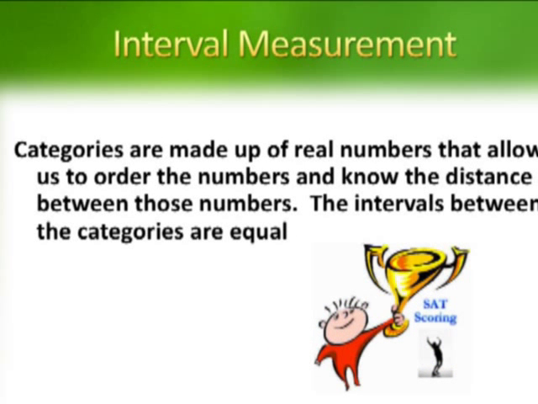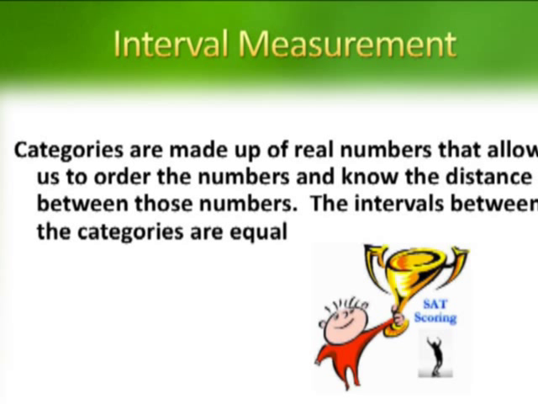Now, interval measurement are where the categories are made up of real numbers that allow us to order the numbers and know the distance between those numbers. The intervals between the categories are equal. Interval data consist of real numbers, and as I said before, the real numbers are the category. The data, or numbers, can not only be placed in categories, but also the distance between the ranks can be